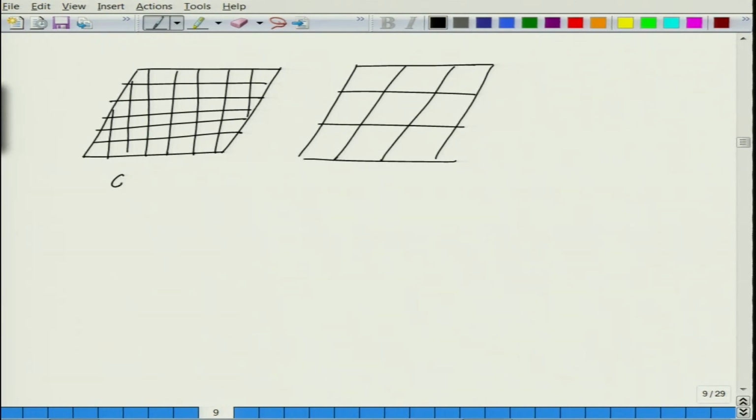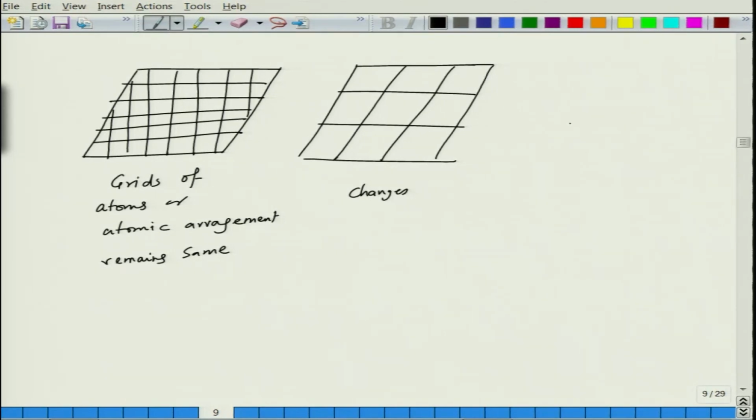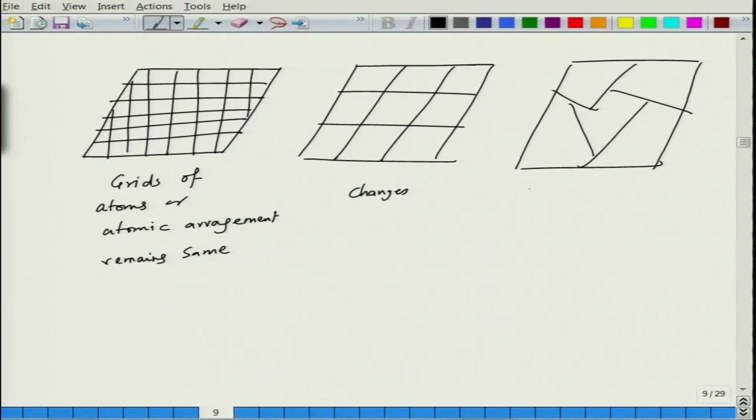Let us say the grids of atoms, or atomic arrangement, remains the same, changes, gets bigger here, or do all these grids become at certain random angles? So, grids change to some random shape,